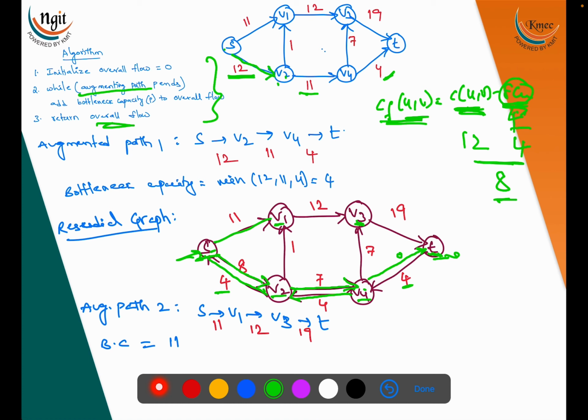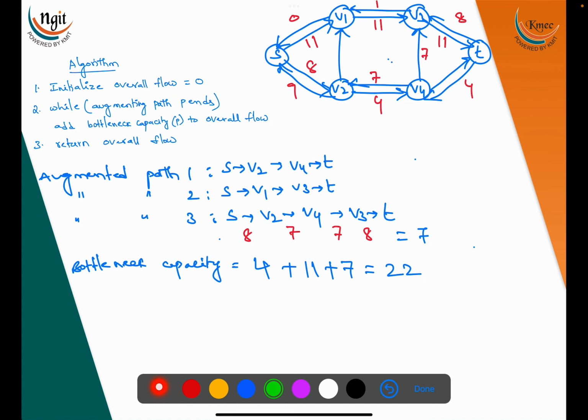Now S to V1, V1 to V3, V3 to T. There is a path. Now let's check. S to V1, V1 to V3, V3 to T. This is the second path. Now what are the second path values? S to V1. What is the S to V1 value? You have to consider the previous graph. S to V1 values are,